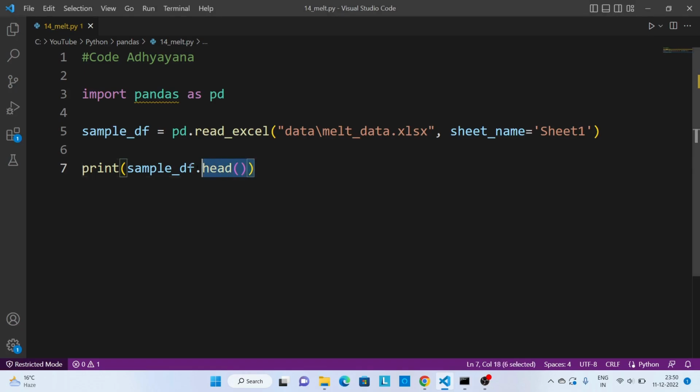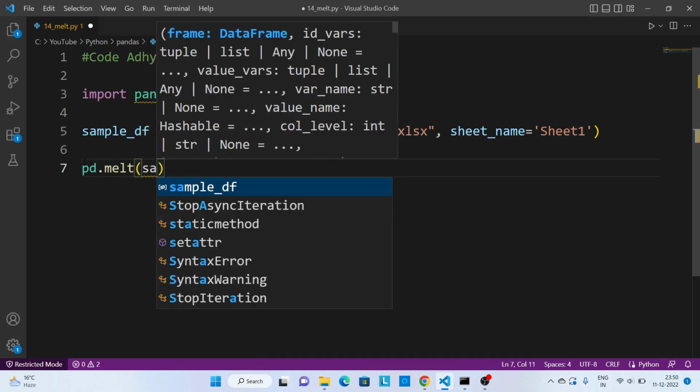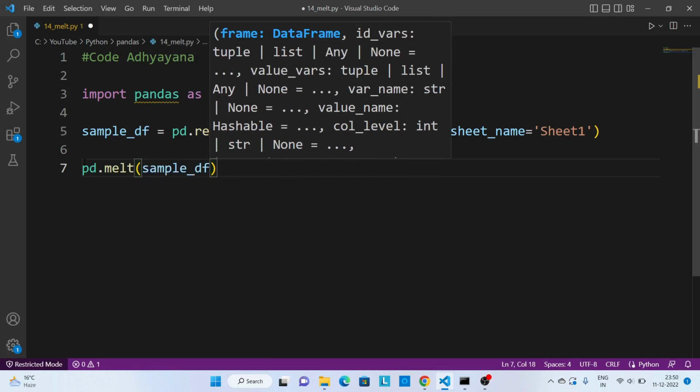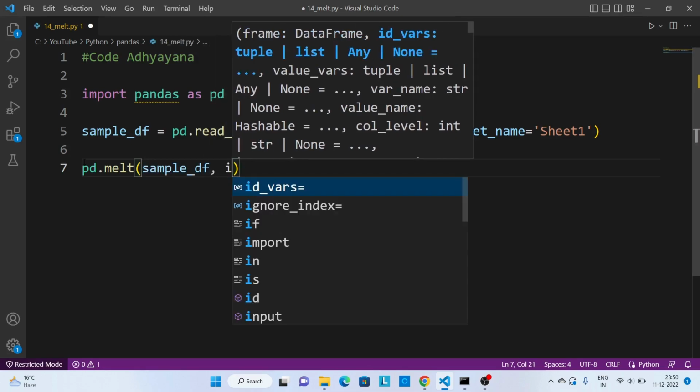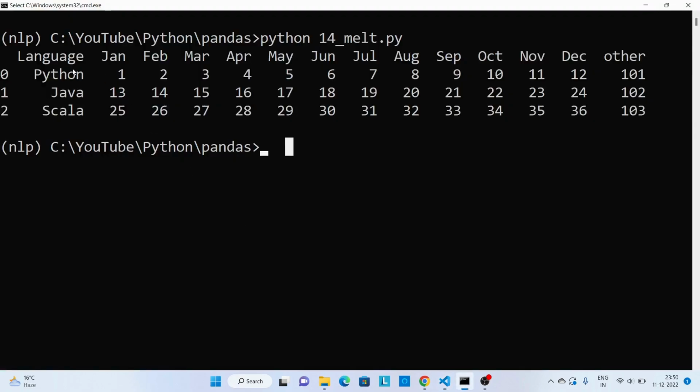Now in order to convert this data, we have to use pd.melt, and we can pass this sample data frame. Then we have different parameters. The first is id_vars. For id_vars, we need to mention all the column names which we don't want to change, for example language and other.